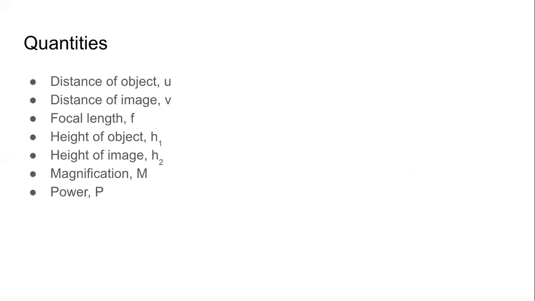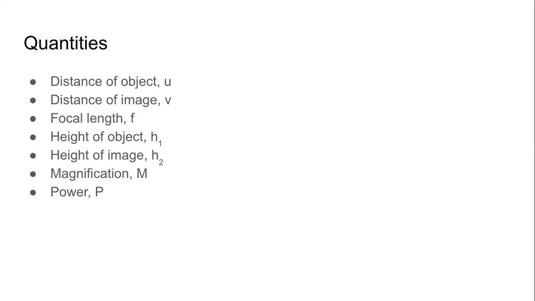So what are we going to measure? This is very important. Some of these things are known to us, some of these things are not known to us. Why are some of these things known to us? Because we studied them when we studied mirrors last year, spherical mirrors. First thing is distance of object. Suppose we form an image of this pen. So the thing of which we will form an image is called the object. Distance of object means how far it is from the lens.